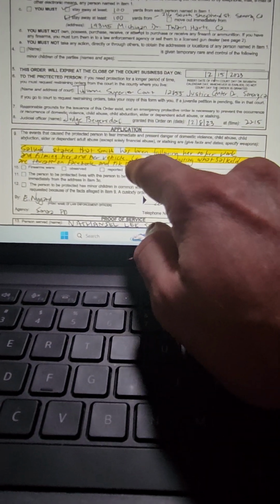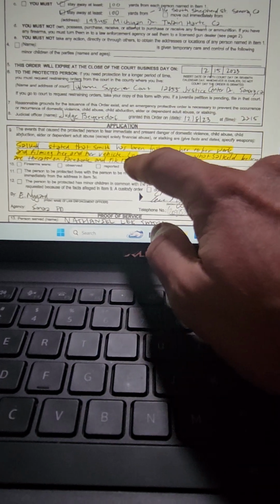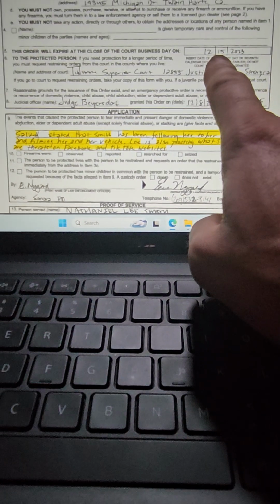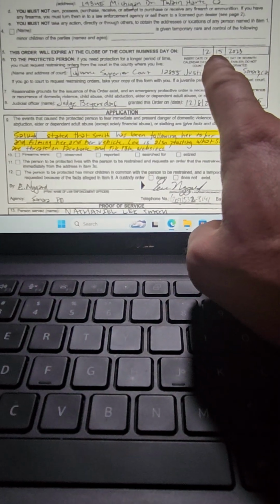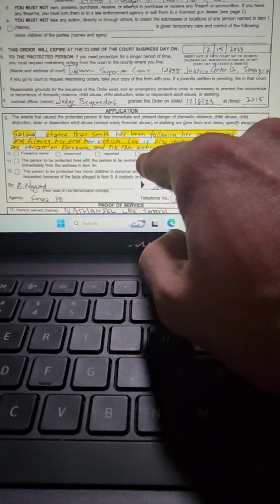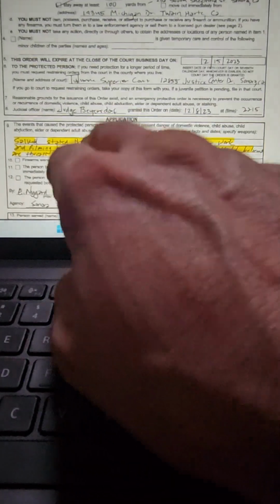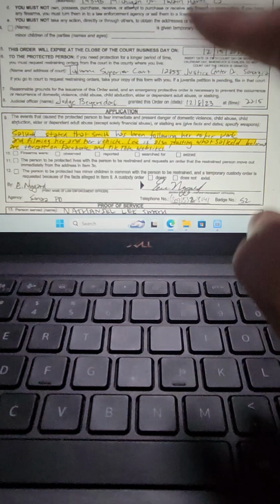And here's the thing. He put Lee, but he meant to put me, is also posting what Sokeld believes are threats on Facebook and TikTok. This was posted on December 15th of 2023, last year, right? I've never been charged with threats on TikTok or Facebook. So that's a lie. And me following her around, we already went over that.